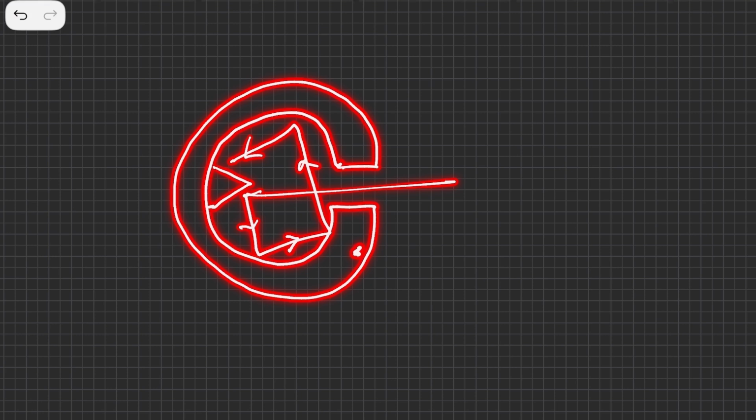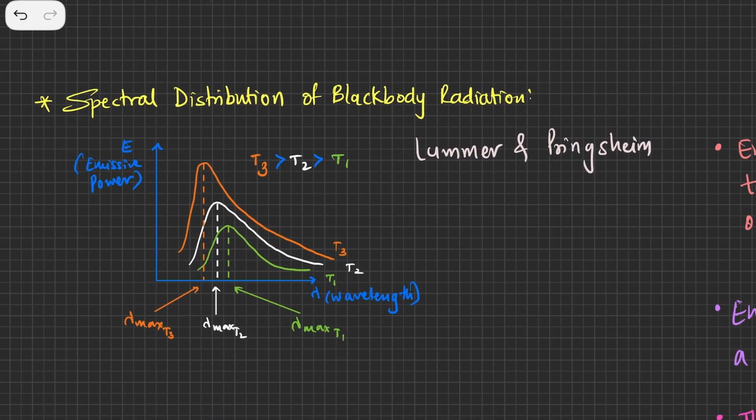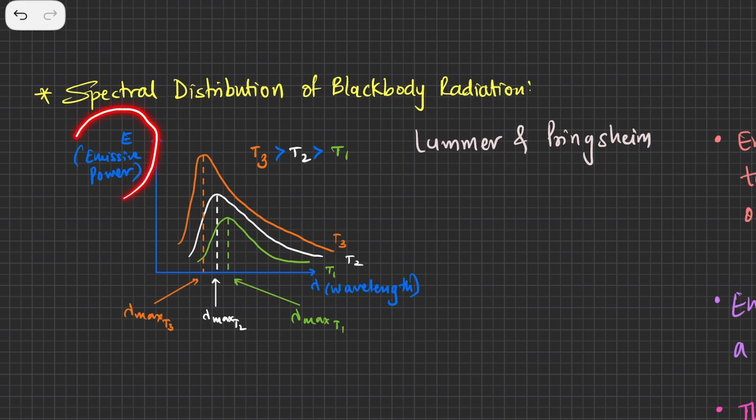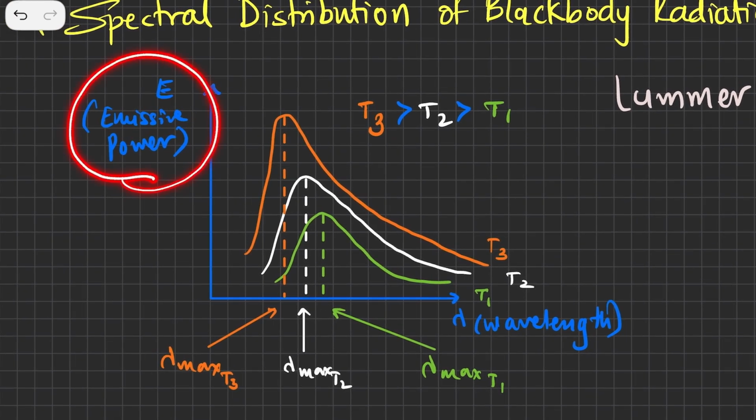this body at different temperatures, let's say T1, T2 and T3, and the radiations emitted by these bodies were studied, and the wavelength of light which was coming out of this body was studied. Now the emissive power of that black body and the wavelength was plotted. So if you can see, emissive power versus the wavelength was plotted,